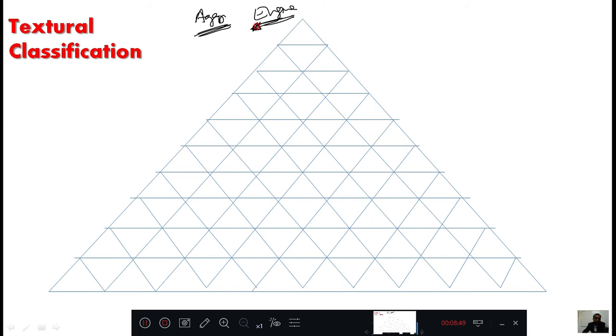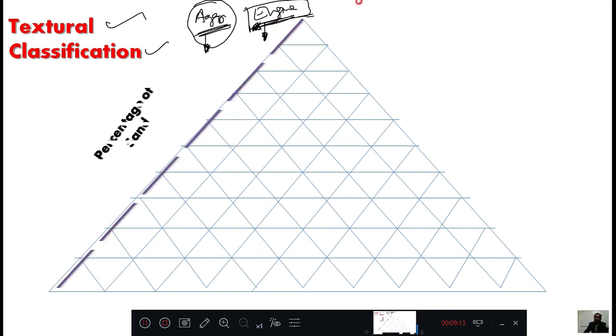But the classification we do is purely based on engineering techniques, and the classification they do is purely based on their properties, that is, growing and all. Therefore I don't discuss the agricultural point of view of this textural classification, but I will consider this modified textural classification for engineering purposes. Okay, here we will have one triangle.